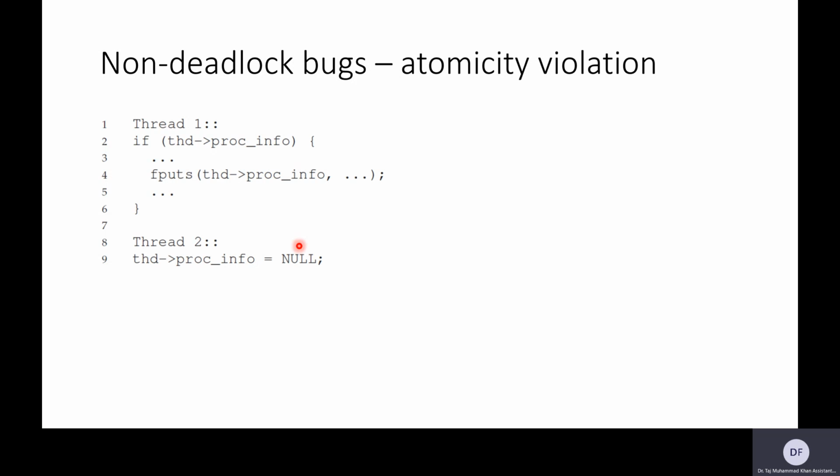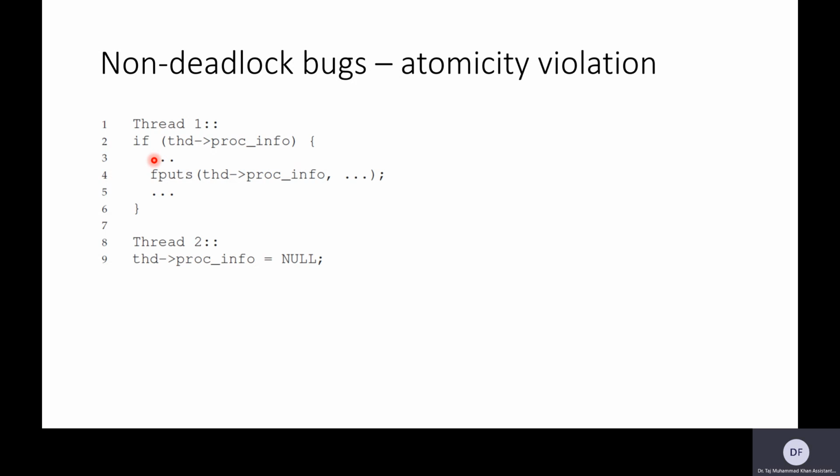Now, since this is the same proc_info pointer, which is being globally shared between these two threads, and thread 2 has made this pointer equal to null, then when thread 2 is rescheduled and thread 1 is scheduled again, even though we are on line number 3 inside the if body, and it appears that thread->proc_info can never be null, still we have seen that due to this arbitrary scheduling,